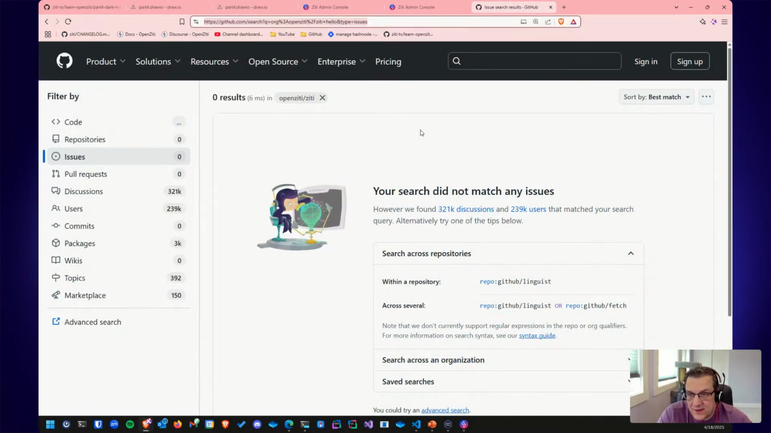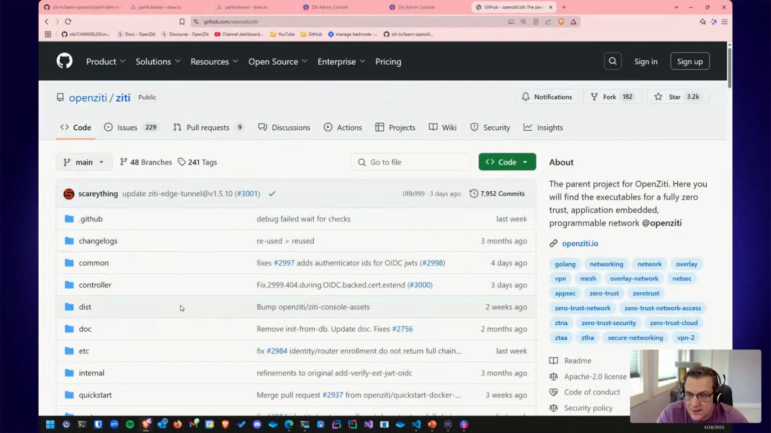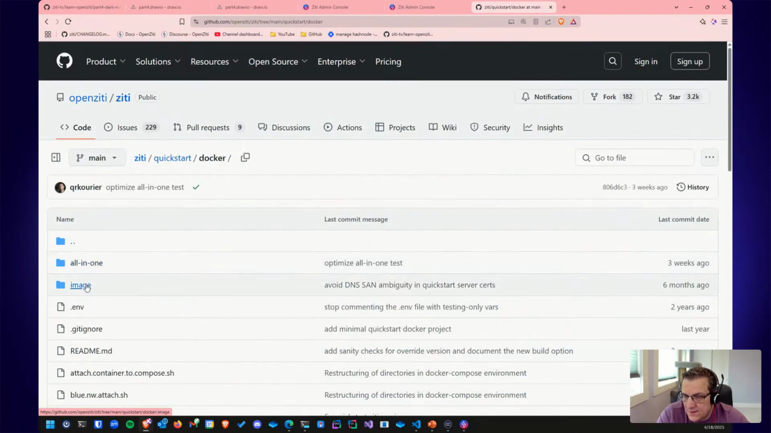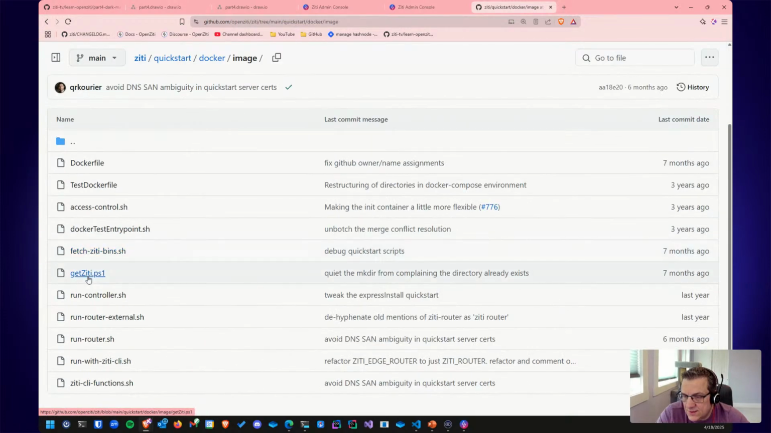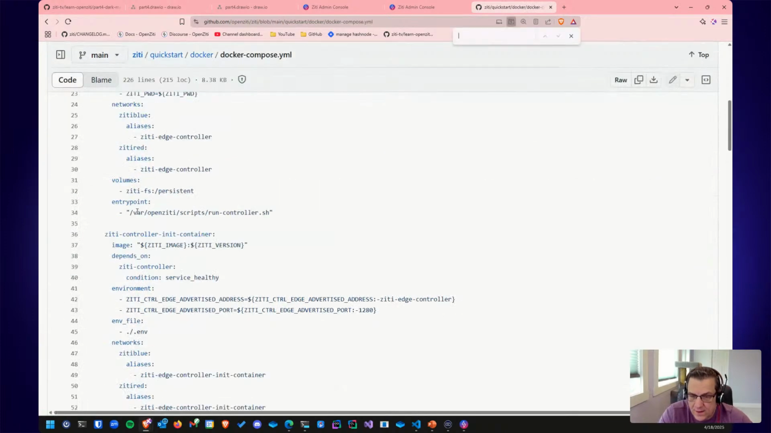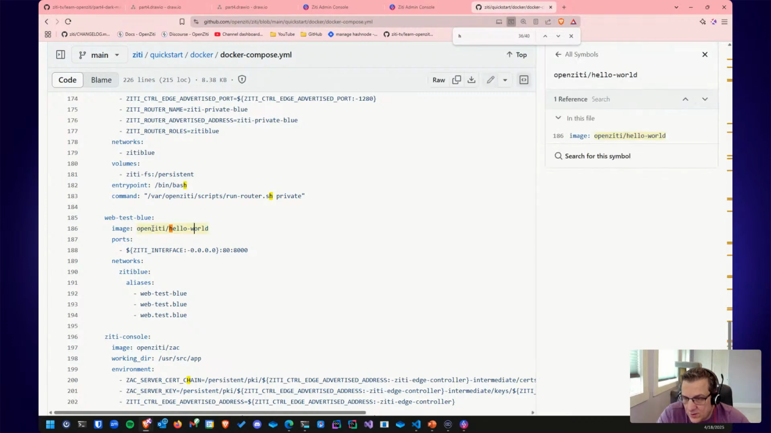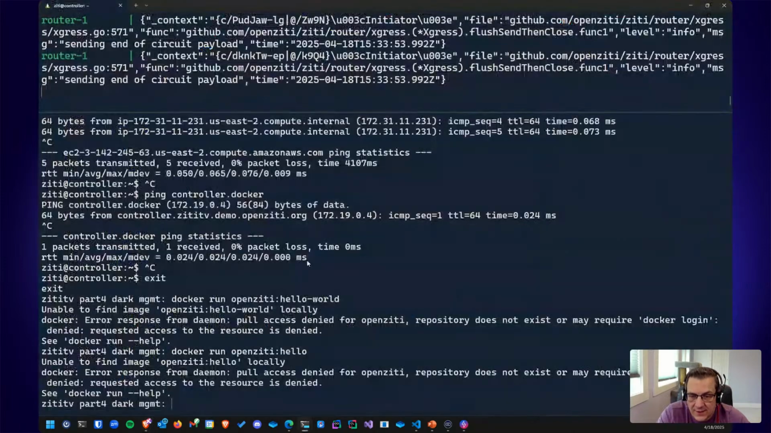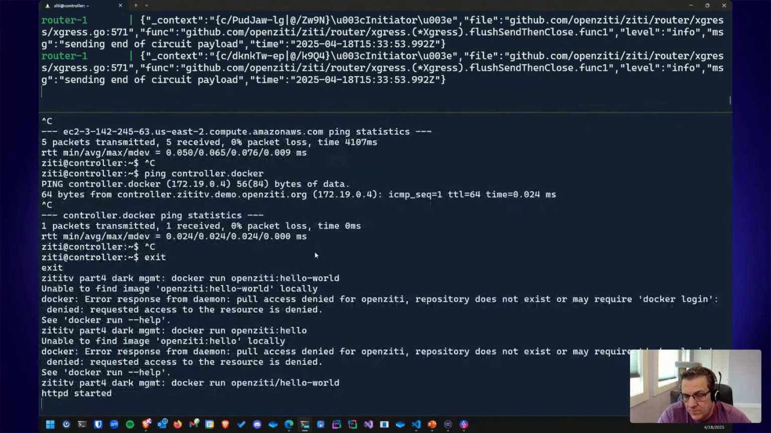Let me just look at the actual GitHub OpenZiti/Ziti and in the Dockers. Where is the Docker? It's in dist, I think. Where's quick start? Quick start, Docker, image. Where's the compose file? Where is the complicated Docker compose file? Hello world is there. OpenZiti hello world. What did I type? Yeah, OpenZiti. Oh, I do this all the time. Okay, and so OpenZiti hello world